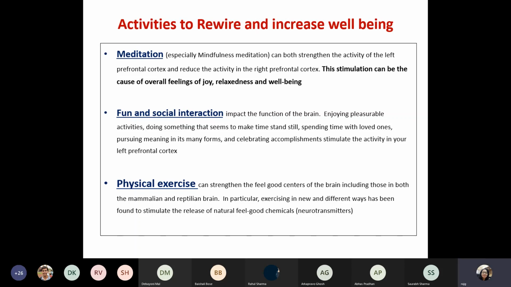Social interactions help us to feel good. One of the primary reasons is that because we are social animals, we through evolution have learned to survive in groups. We are not Robinson Crusoe. And in fact, even Robinson Crusoe would not be able to survive without Friday, right? So we are primed in our DNA to survive as a group, to take help from people, to interact with people and survive.